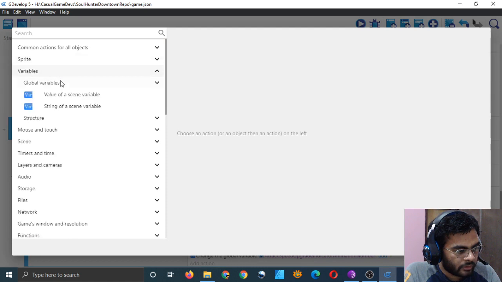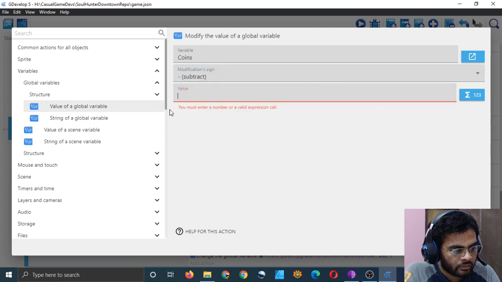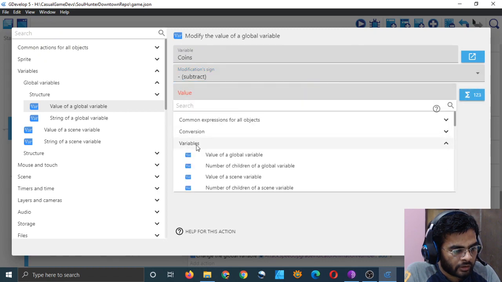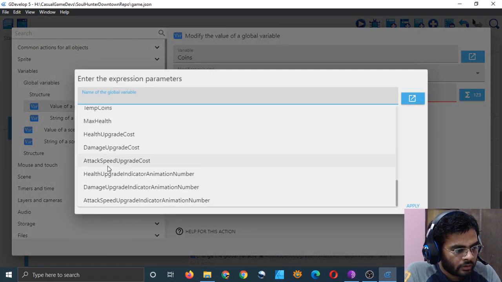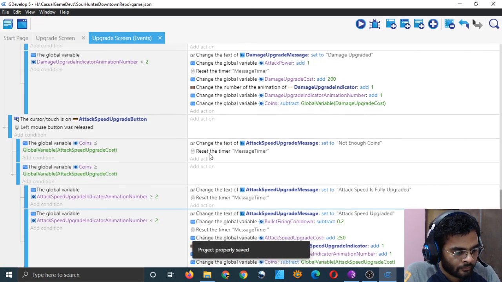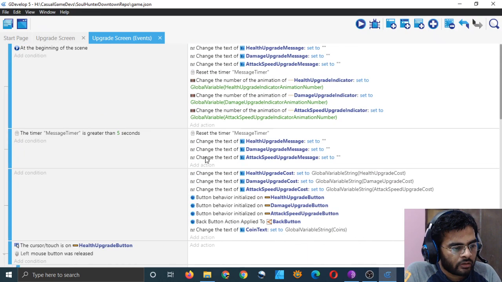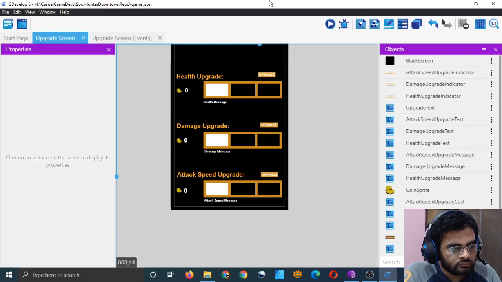Variables, value of global variable, coins minus variable value, and that value is attack speed upgrade cost. That's good. Now our coins will also be subtracted whenever we make an upgrade. Let's test it now. Let's test from the main menu.